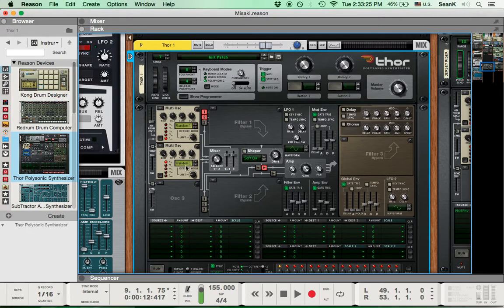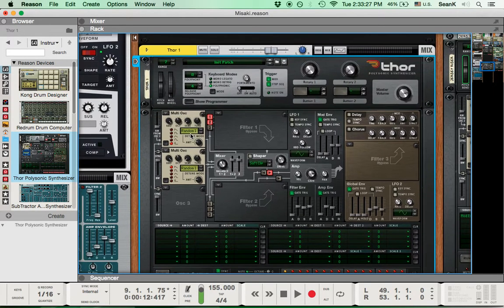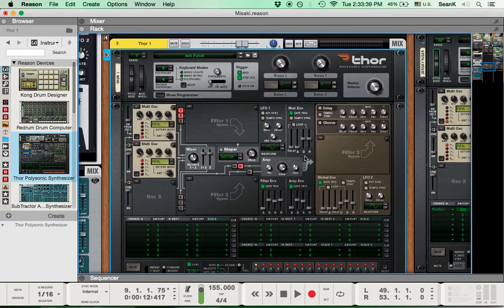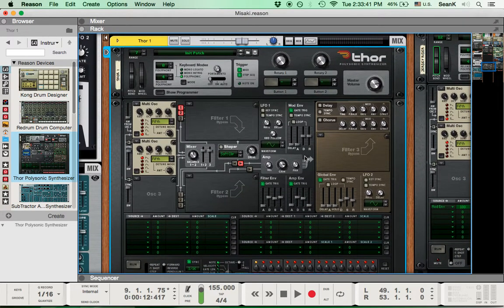And pretty much don't mess with anything else. What you're going to do now is set the detune modes to 5th. And for those of you that don't know, or if you don't use Reason and you're checking this out because you want to know how to make it, what 5th does with all the multi-oscillators is a stack of 8